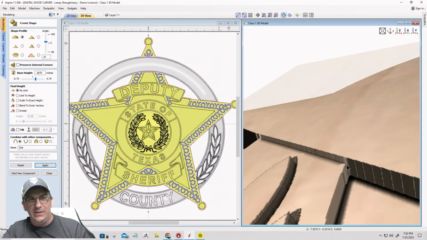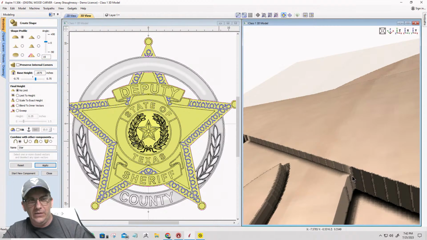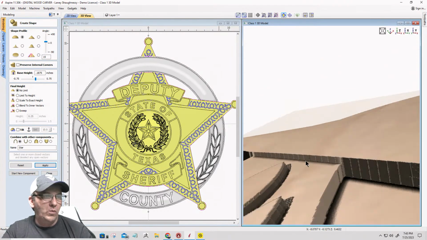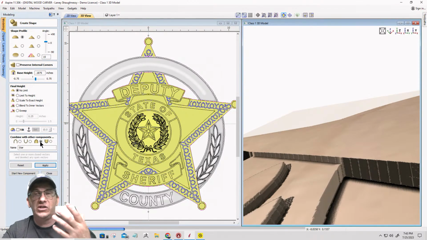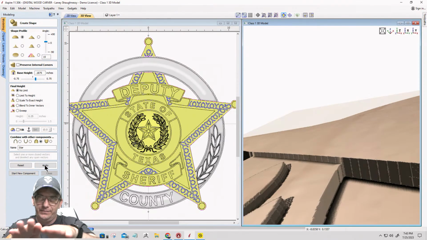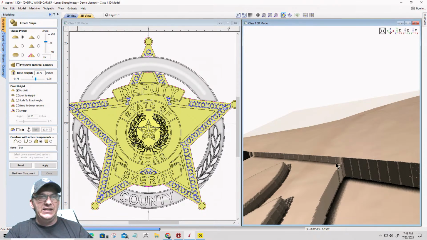But it's literally pushing that material up and it's creating these kind of fibers because of the way it's rubbing. You know, rubbing might be all right in racing, but not here. Okay, so what we need to do is change the combine mode so that the star merges properly with the outer ring. So those edges that are touching merge properly so that it doesn't create that kind of pushed up